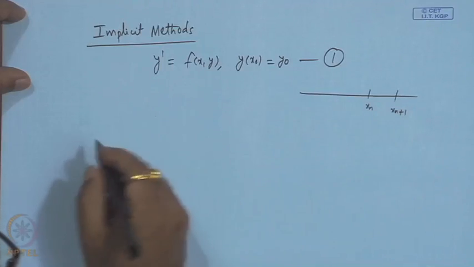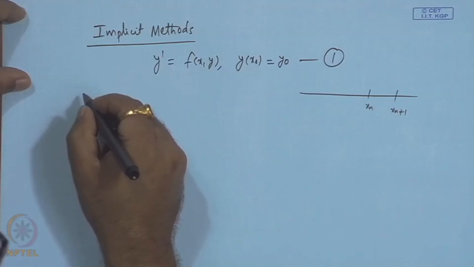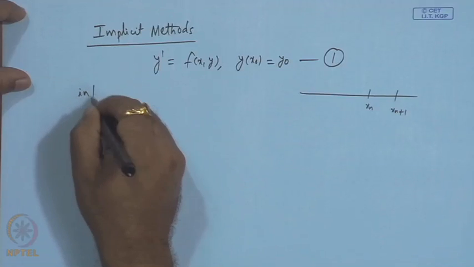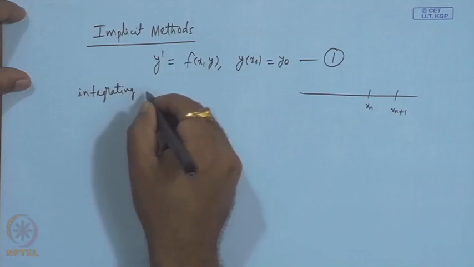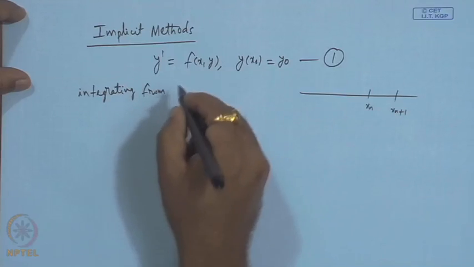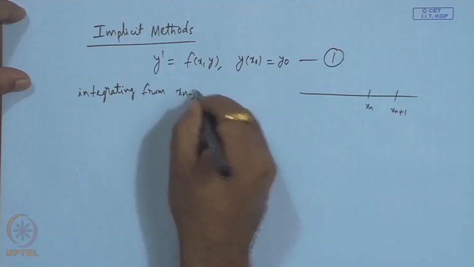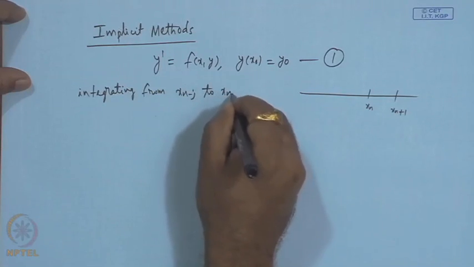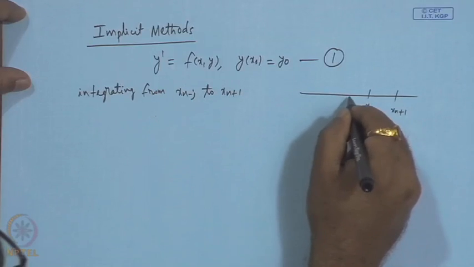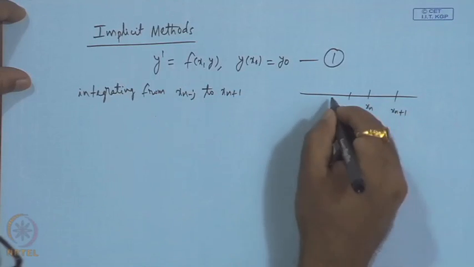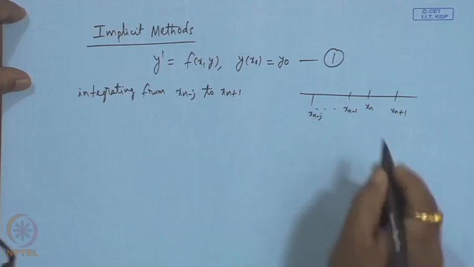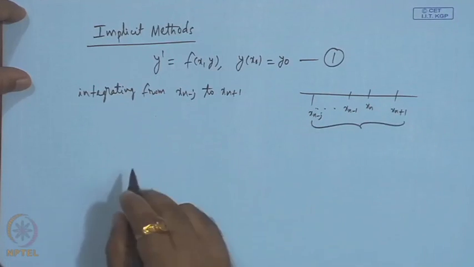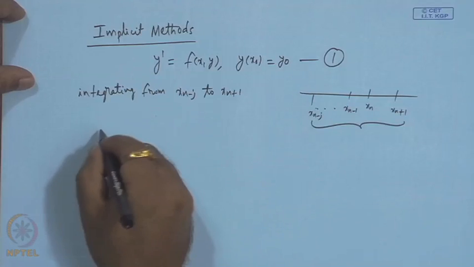So, we integrate from x n minus j, that means more than one interval. This is the interval of integration. So, then we get